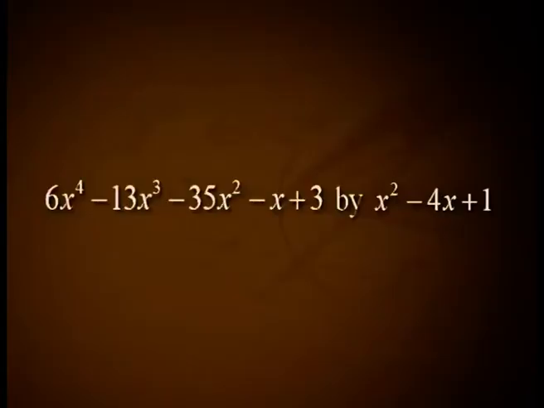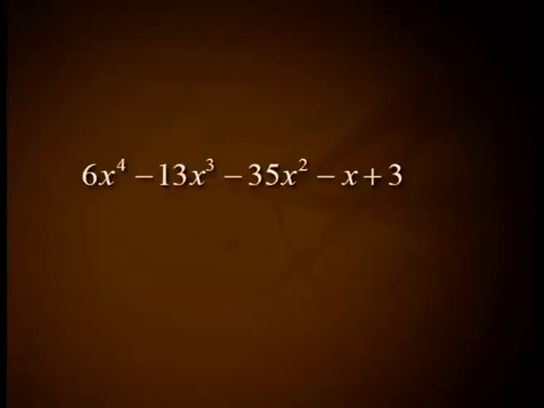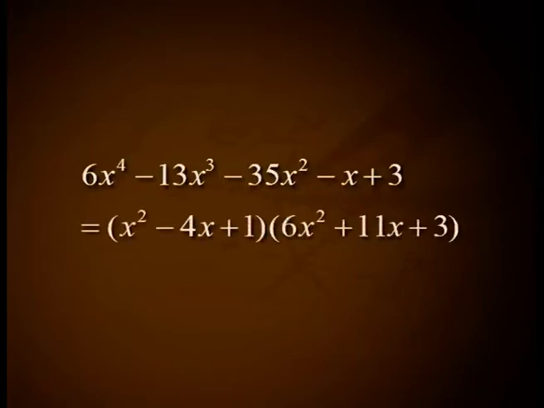Dividing 6x^4 − 13x^3 − 35x^2 − x + 3 by x^2 − 4x + 1, we obtain 6x^4 − 13x^3 − 35x^2 − x + 3 = (x^2 − 4x + 1)(6x^2 + 11x + 3), and the roots of the quadratic equation 6x^2 + 11x + 3 = 0 are